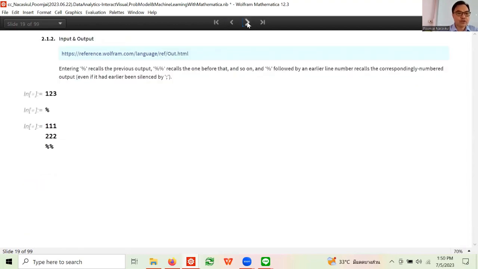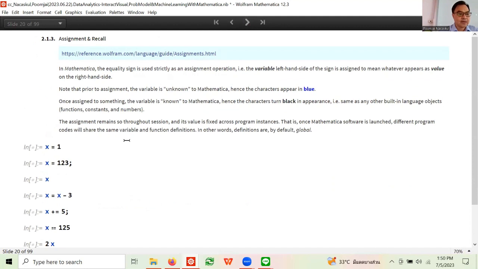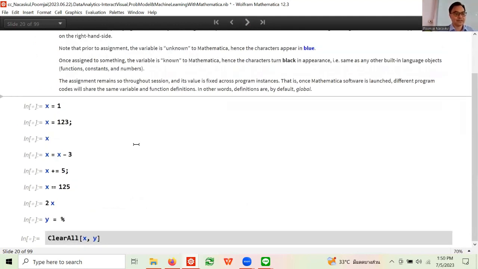Now let's go to here. Okay, so you can do this yourself. I'm not kidding, right? X is equal to 1, X is equal to 1, 2, 3. So you can replace, basically overwrite. Yeah, X is equal to X minus 3. So in this case, X is equal to 1. In this case, X is equal to 123. In this case, you take 123, put it down, put minus 3. So now you get 120, right?